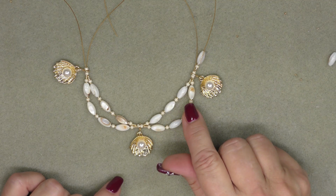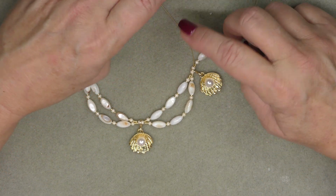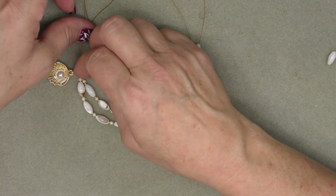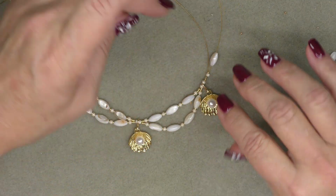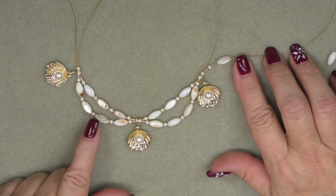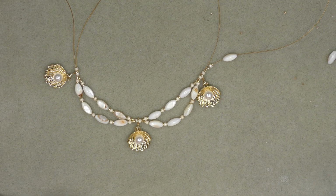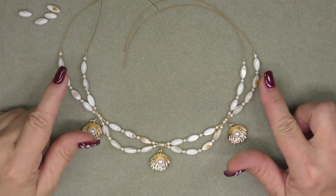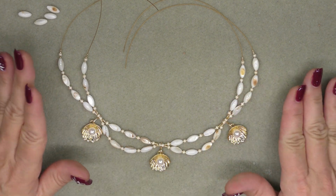So you can just look at these strands and just make sure you keep your outside to the outside, your inside to the inside, so that it will lay nicely when you have finished your beading. And go ahead and bead on both sides the exact same sequence on these portions here, and then we'll be back. Okay, so now you can see that I have repeated the pattern from here up here on both strands,